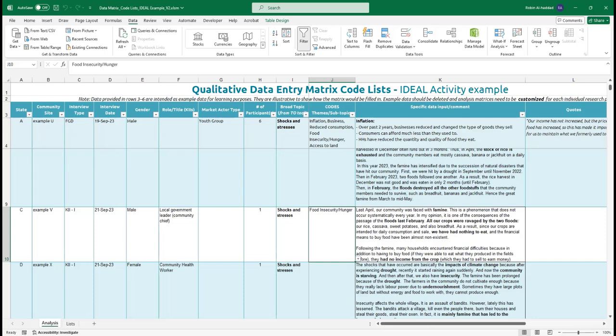Drop-down lists are also useful to sort your data, and you can use the sort function in Excel to sort the qualitative data by the parameters that you defined, allowing for easier comparison of data between different groups like men, women, and children, or between different geographical locations.